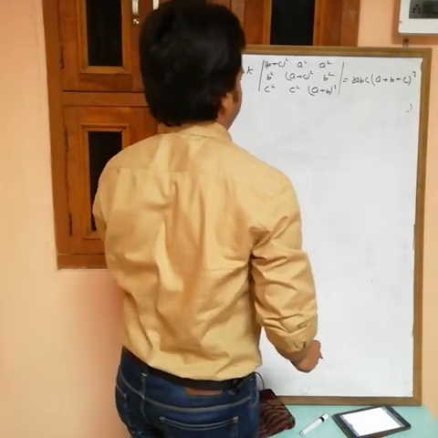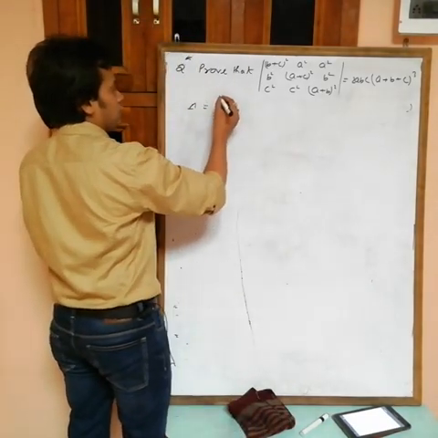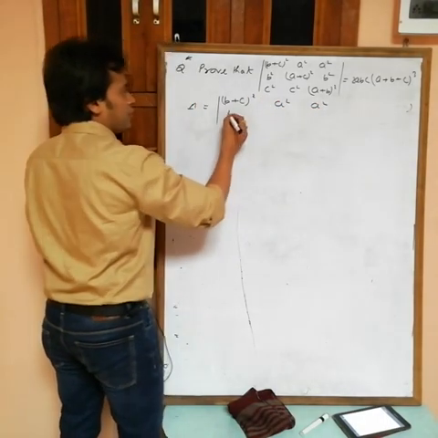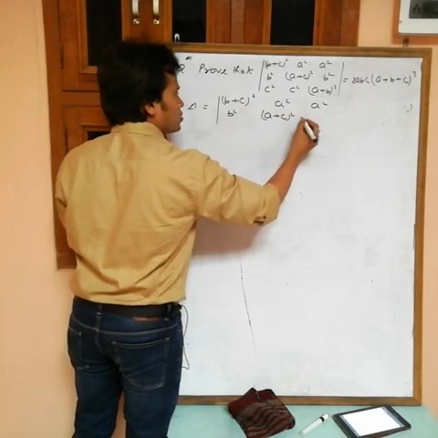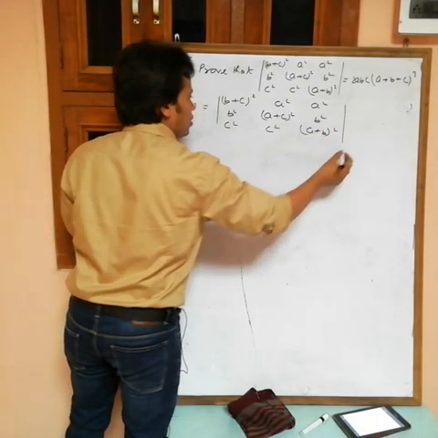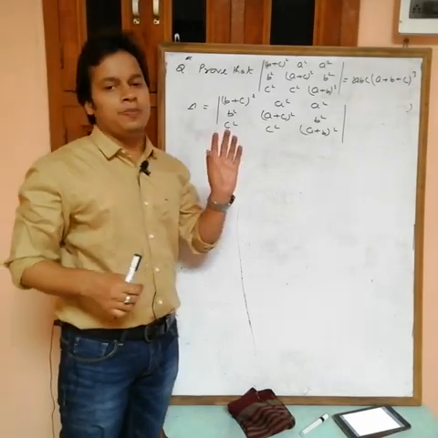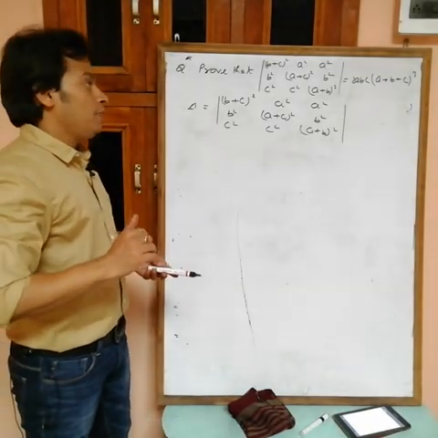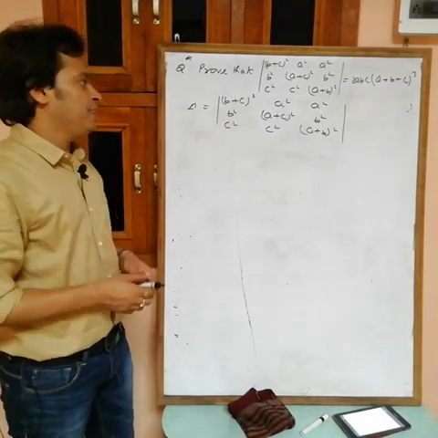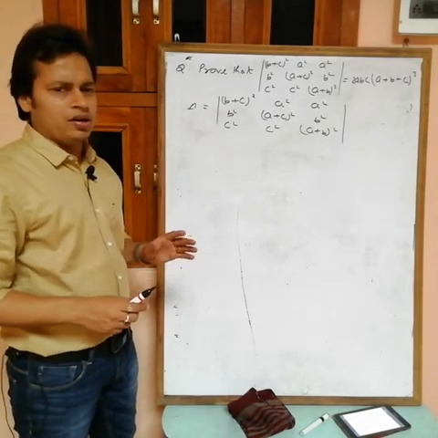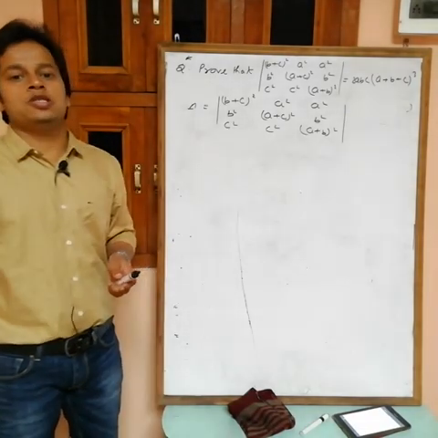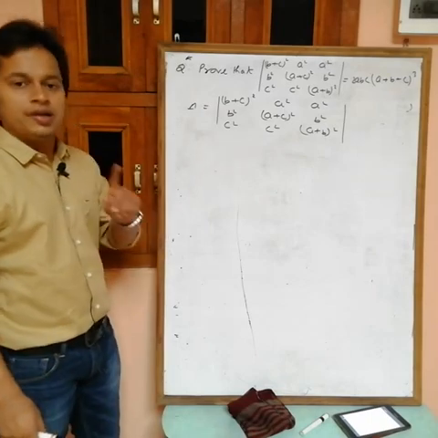So see, I am taking the determinant delta equals b plus c whole square, b square; a plus c whole square, b square, c square; a plus b whole square. Now first thing, what do you want? 2abc into a plus b plus c whole cube. So mainly we want a plus b plus c as a factor, and that is 3 times. Because of the cube, you can't get abc at this time directly. So forget abc, just remember at this time a plus b plus c. Now how to get a plus b plus c as a factor? Simple, you want a plus b plus c.